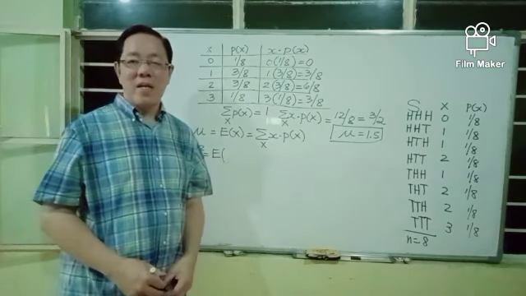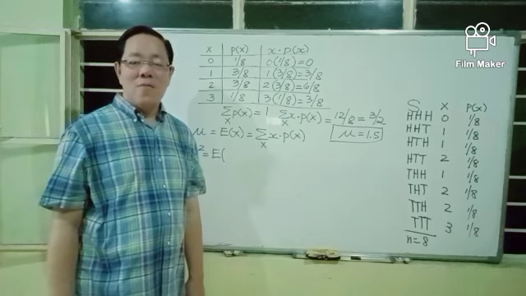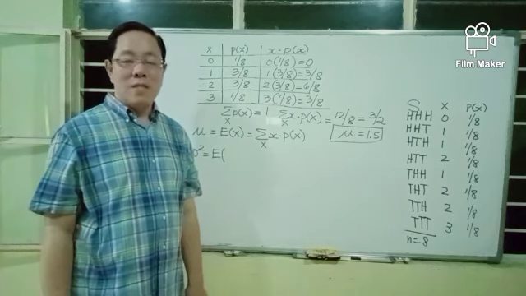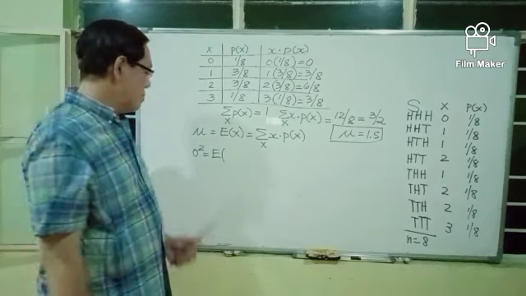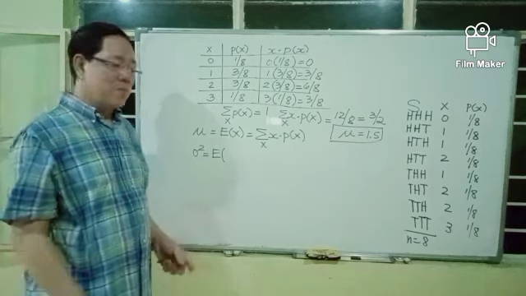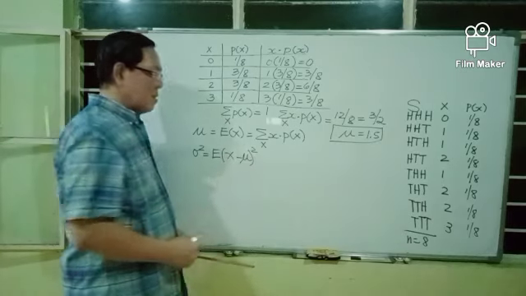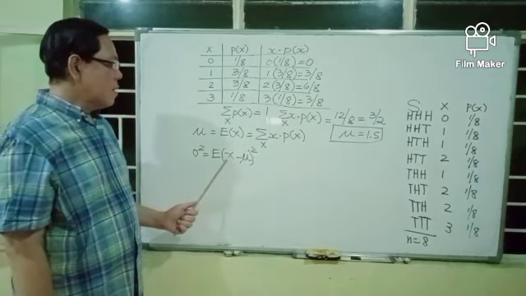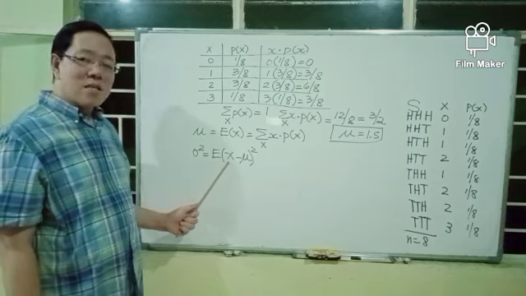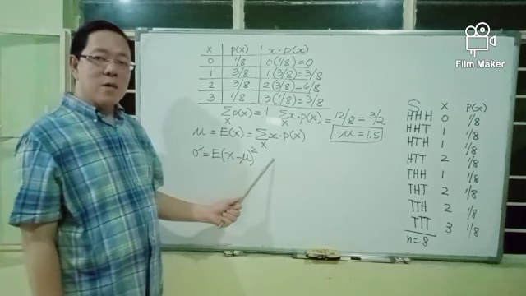And as we said, the variance for a discrete random variable x is the average of the square of the deviations of x from the expected value of x, or the mean mu. That is, sigma squared, the variance of the discrete random variable x, is equal to the expected value of the square of the difference x minus mu. X minus mu represents the deviation of x from the expected value, or from the mean mu. And this is equal to